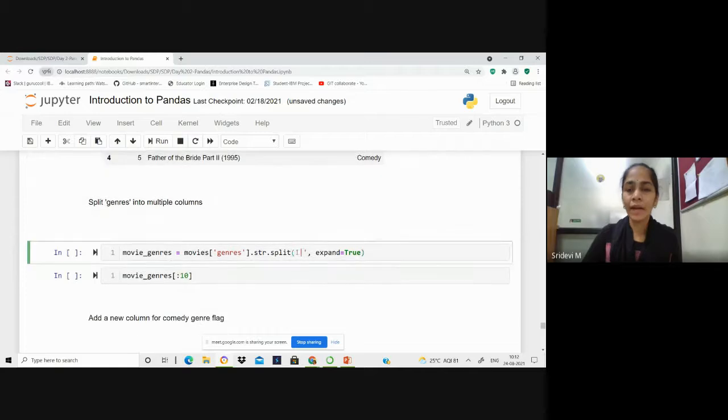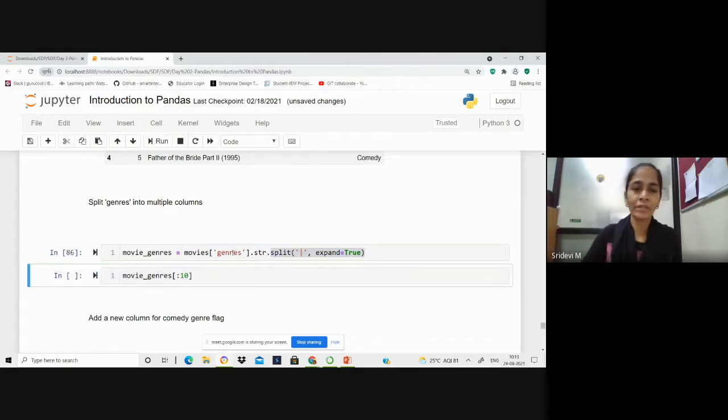That string has to be split at the pipe symbol. So we take the pipe symbol as the split point and make expand equal to true. Expand equal to true means the original table itself will be embedded with these partition values.